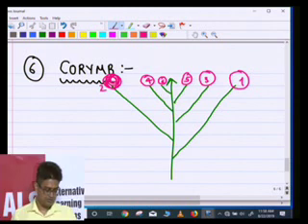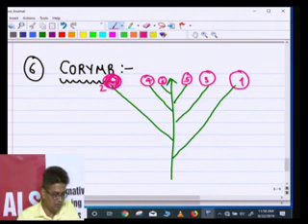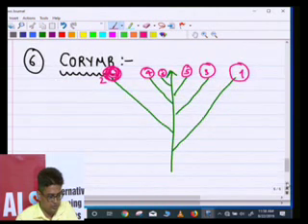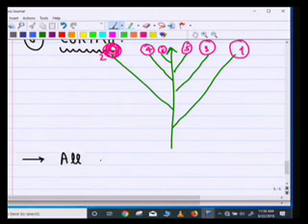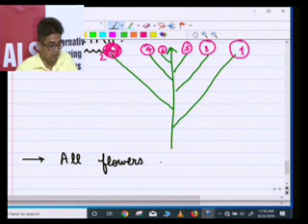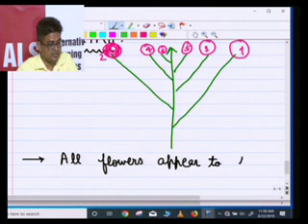It is appearing flat from the top. Okay, it is appearing flat from the top. So this type of inflorescence is called corymb inflorescence. You can say here, it's a raceme inflorescence only, all flowers appear to be at the same level